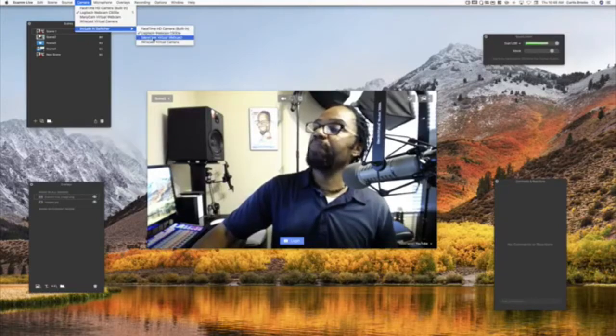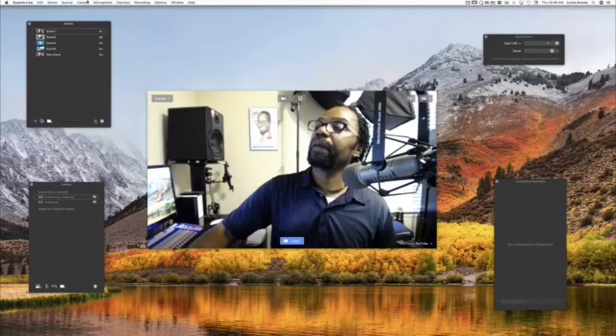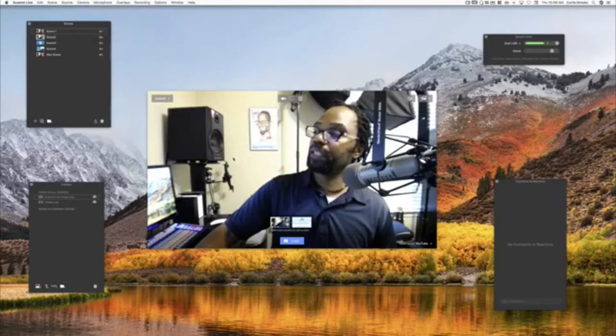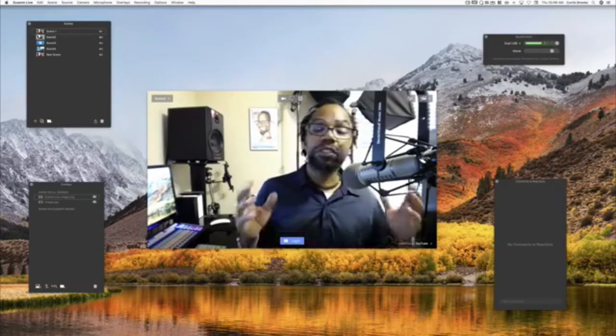If I were to add Manycam, you'll see now there's a check mark. And now this number appears as 1, and there's a shortcut key 1, and shortcut key number 2. So I go to the switcher. Now you see there's a check mark by the Manycam. And if I place my pointer onto this main screen here, you'll see that Manycam is now part of my switching. Guys, this is super, super easy.